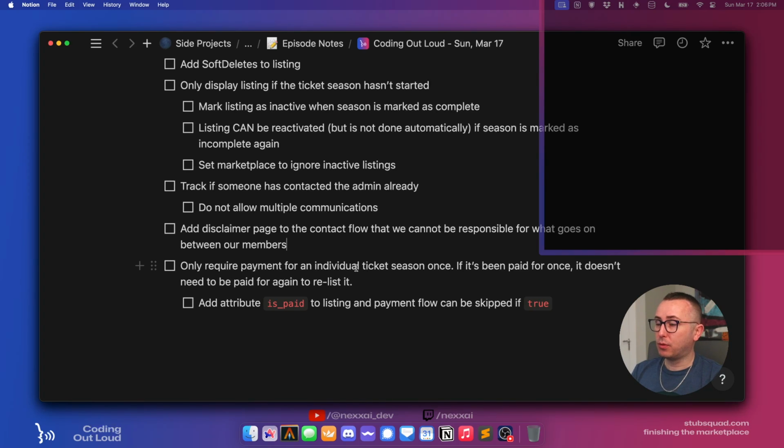If at some point we get access to, let's say, the Ticketmaster API, and we can do our own validation, then we might do some kind of verified tickets marker, saying this person has verified that their tickets are legitimate, and then we might take a little more responsibility there. But right now we don't have a way to validate those tickets, so it's kind of like buyer beware.